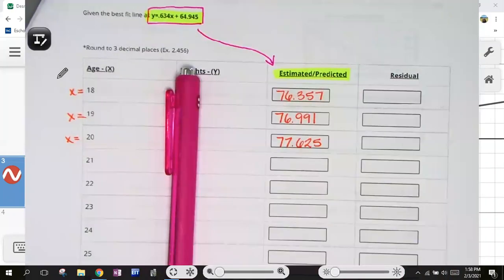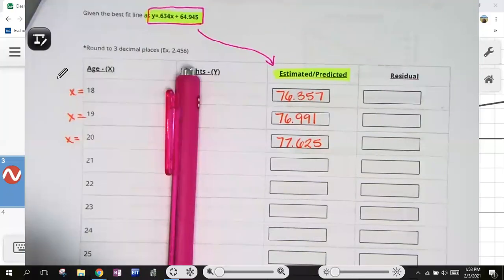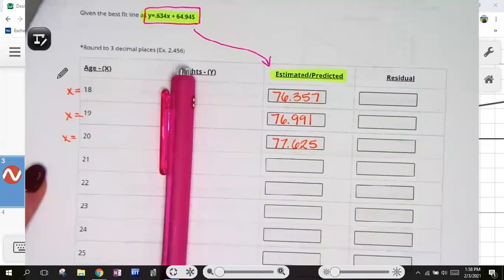All right, and you'll continue that same process for the entire table. I'm not going to do the whole table because of time, but that's just how you would continue doing that whole thing. Now, we have